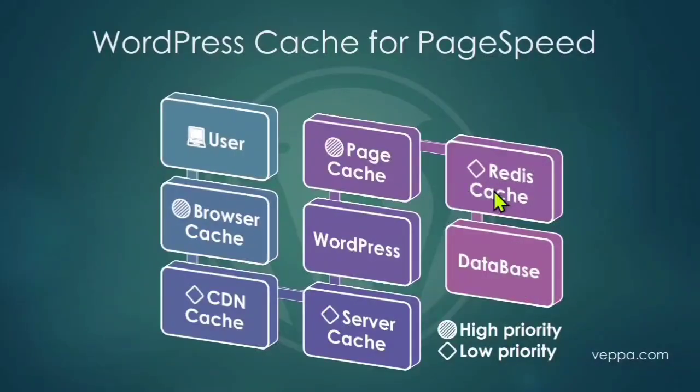Using Redis cache is a complicated and expensive solution. For that reason, it's not advised for beginners, and I personally don't use Redis cache, and I am having really good page speed scores, 90 plus, and in most cases close to 100 for all my WordPress websites. And then the last part where data is stored and retrieved by WordPress is the database,